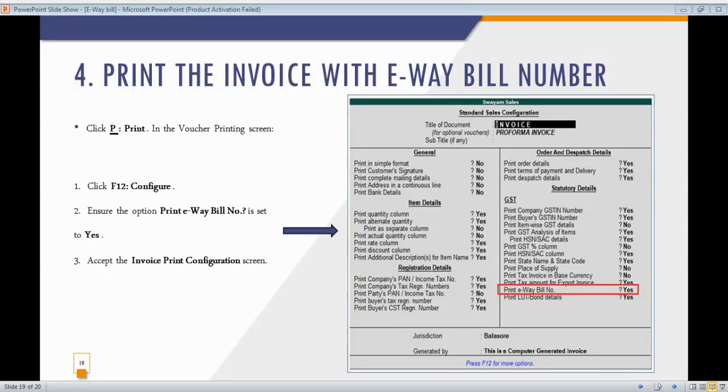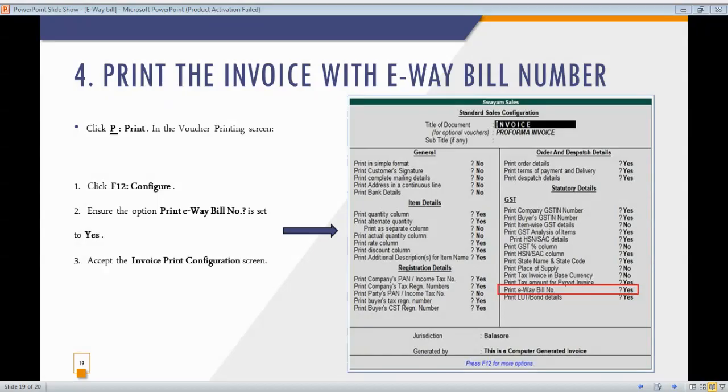Print company GSTIN number should be printed, so you have to set it as yes. And buyer GSTIN number should be taken. Item wise GST details should be taken. GST analysis of items,